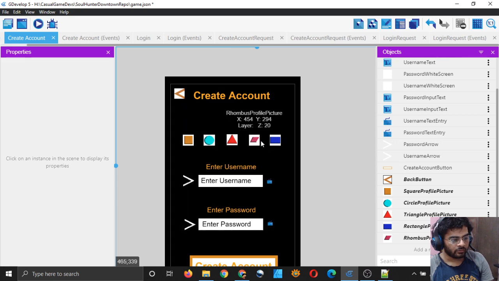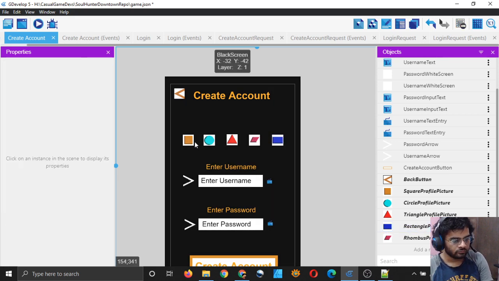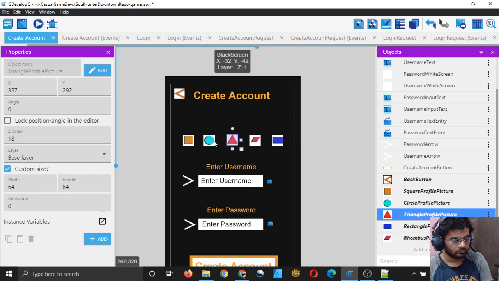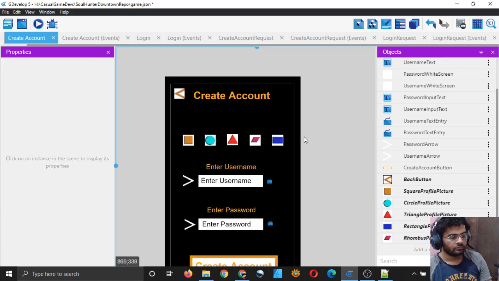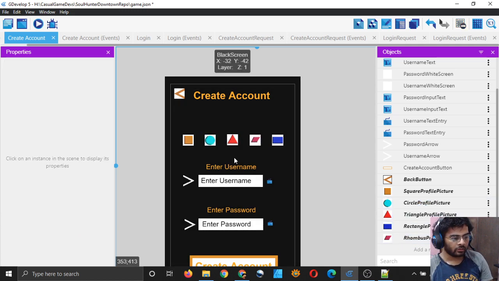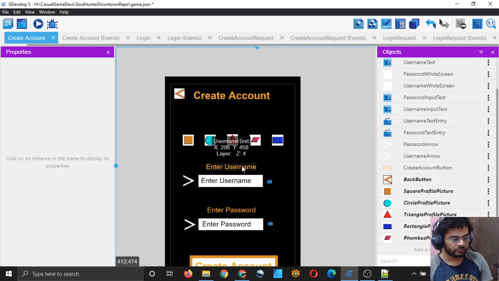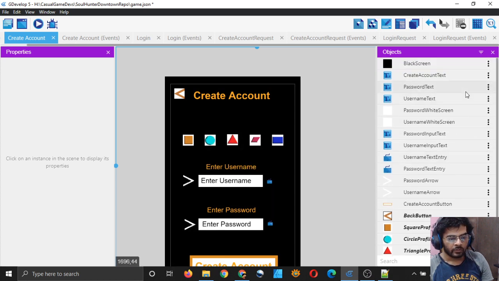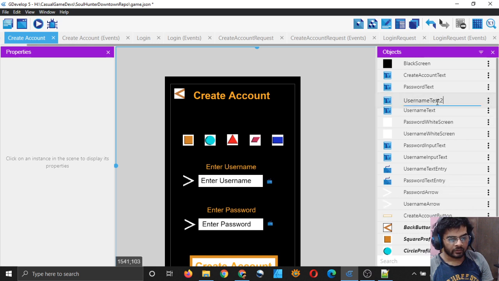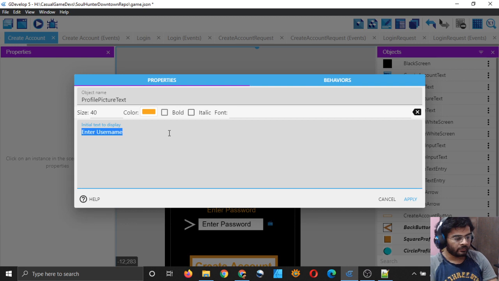So I will duplicate the username text, and I will type profile picture text, and inside it I will write choose profile picture.